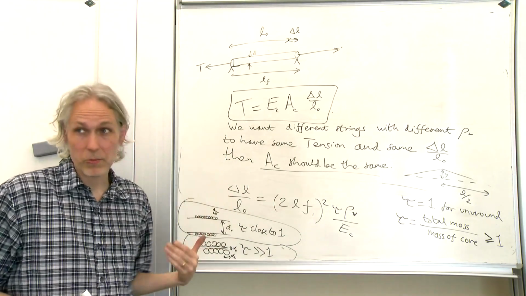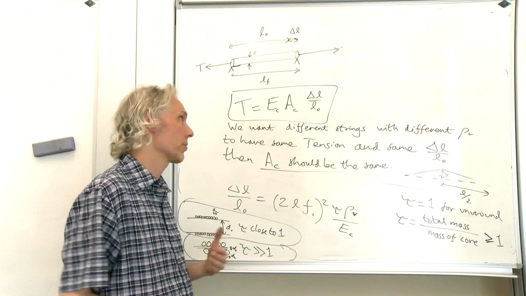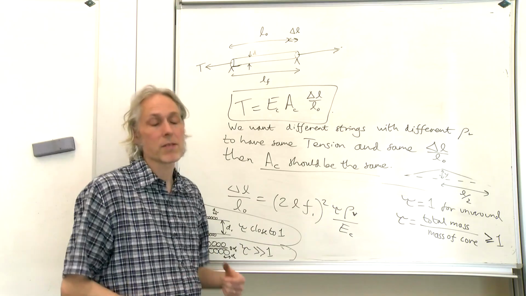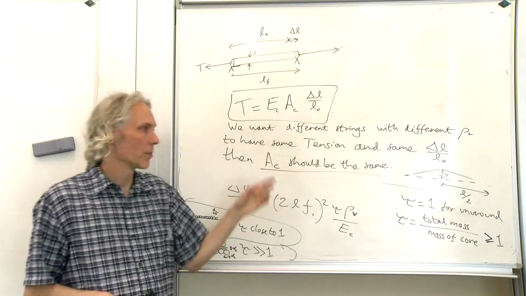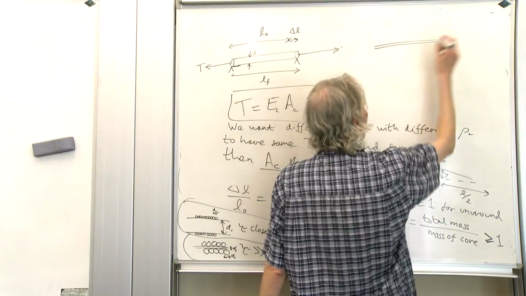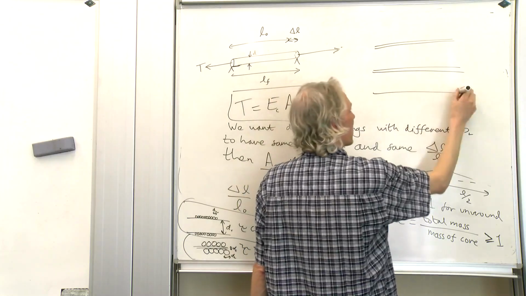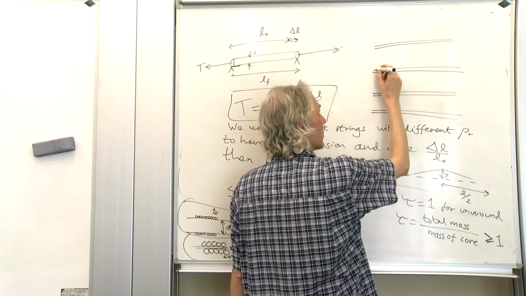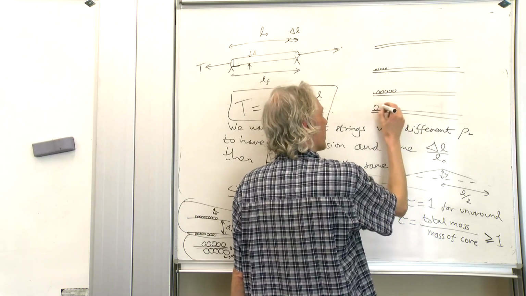Clearly you can't do that with the unwound strings, because for the unwound strings, the high E, the B and the G, if they have the same tension and the same diameter, they would all be playing the same pitch. So we can't do it for the unwound strings. But we can do it for the wound strings. So we could have a G string, which is that thickness. We could have a D string, which is essentially the same thickness of core. We could have an A string that's the same thickness of core, and an E string which is the same thickness of core. And just having little windings on this one, and bigger windings on this one, and bigger windings on this one.